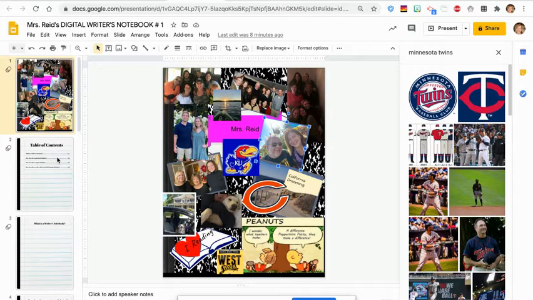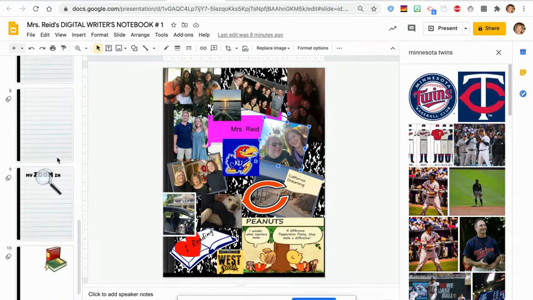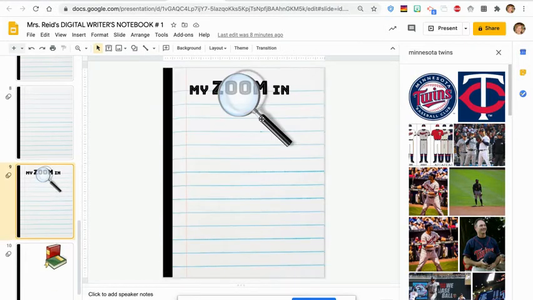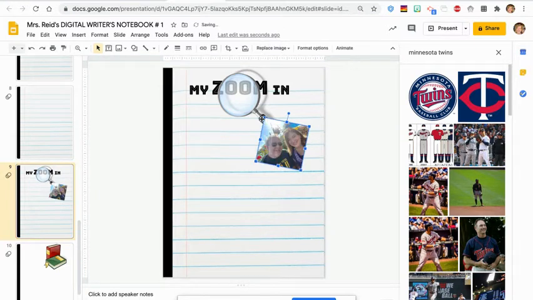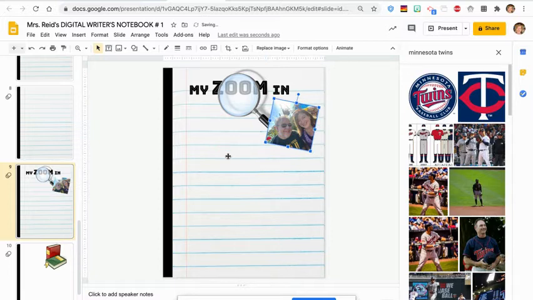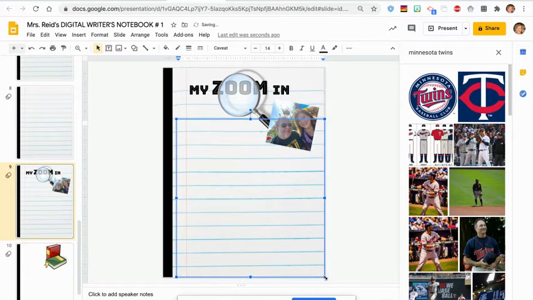And then I want you to go down to page 9, and where it says My Zoom In, you're going to go Control-V. So now all of a sudden you have your picture, and then you're going to do a text box because you're going to start writing here. This is a story that you're going to tell. Where are you? Who are you with? What happened? Why did you pick this picture? Photograph. So mine might start, it was a great idea